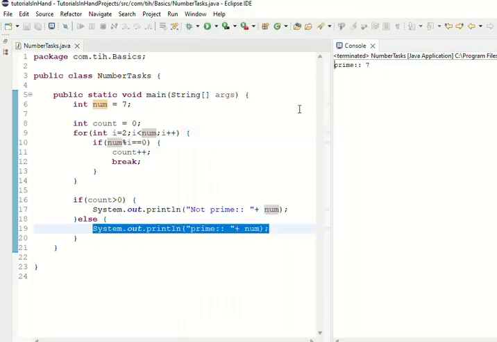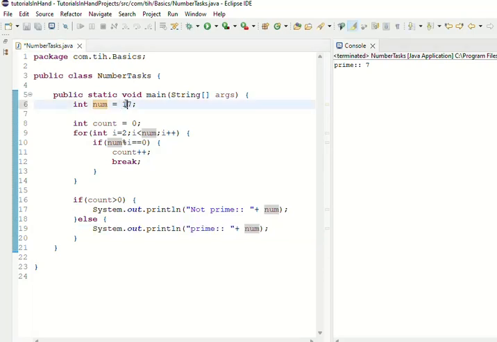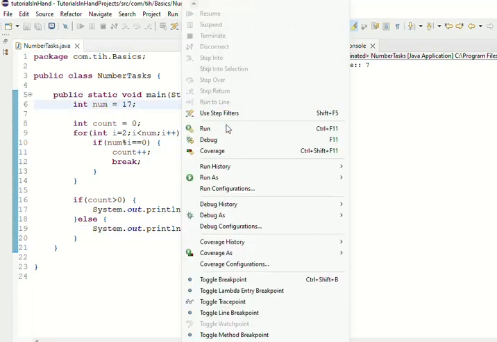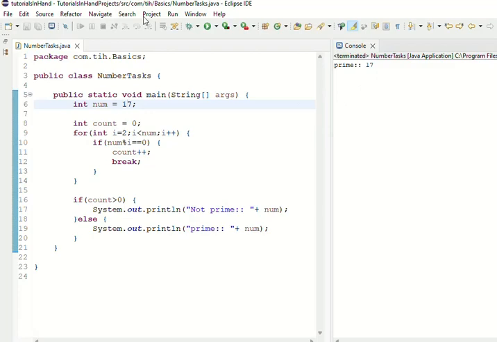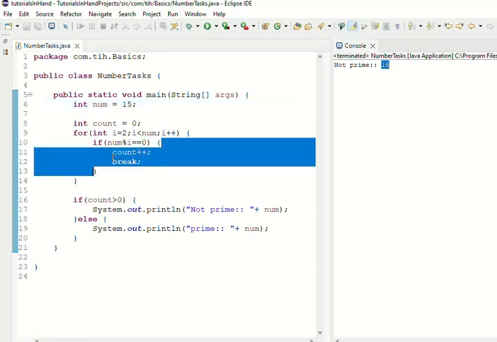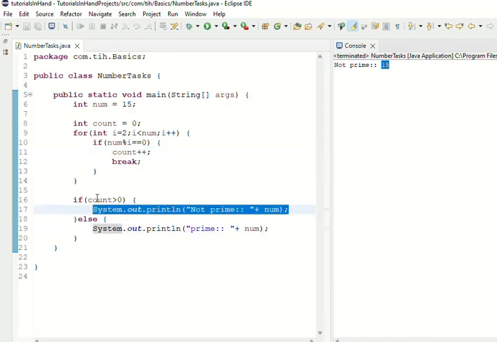You can test for some other numbers also. For example, you can test for 17, and 17 is also prime. So run this one to see whether you are getting 17 as prime or not. You can run for 15 and check whether it is prime or not. Run, and 15 is not prime because except 1 and 15, it is completely divisible by 3 and 5 as well, right? So 3 will divide 15 five times and leave remainder 0. So it will enter into this if and count will increase. As a result, 15 is printed as not prime because count's value is greater than 0, right?